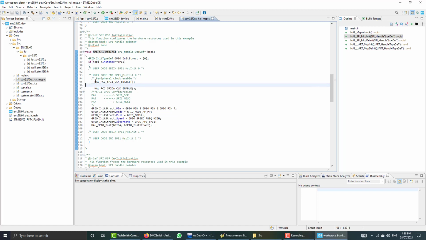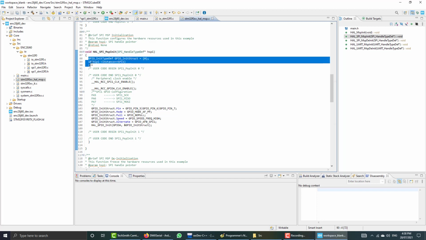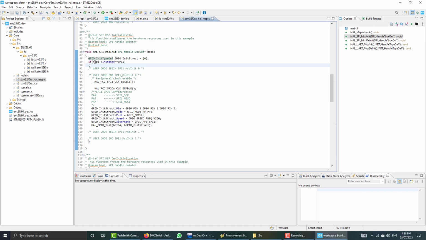So I will simply copy these things. This is the HAL_SPI_MspInit function. You can see that it is not named SPI1 or SPI2, it is simply SPI, so the code inside this function checks which SPI you are initializing. Since we are initializing SPI1, this condition is placed inside, so we don't need this condition.